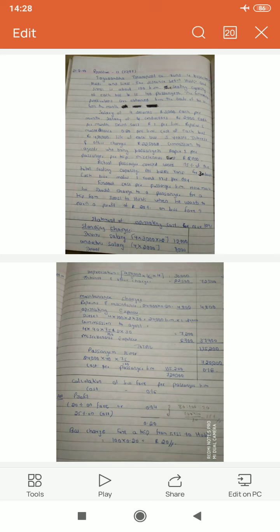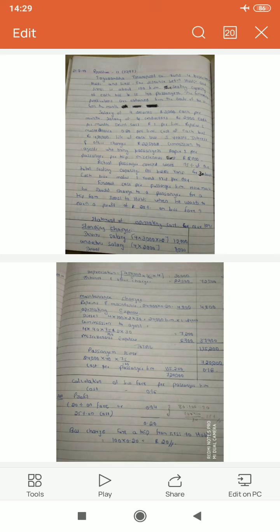When effective passenger kilometer is arrived at 7,20,000 kilometers, now cost per passenger kilometer would be total operating cost, that is 1,15,200, divided by effective passenger kilometer 7,20,000, which is put at 16 paise per kilometer. Now, 16 paise per kilometer is the effective cost of operating the bus.